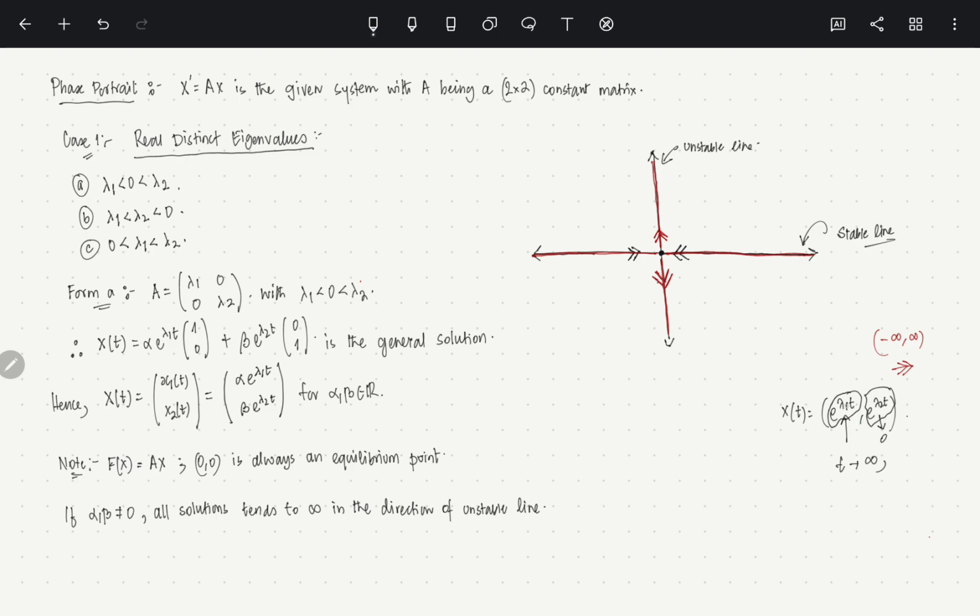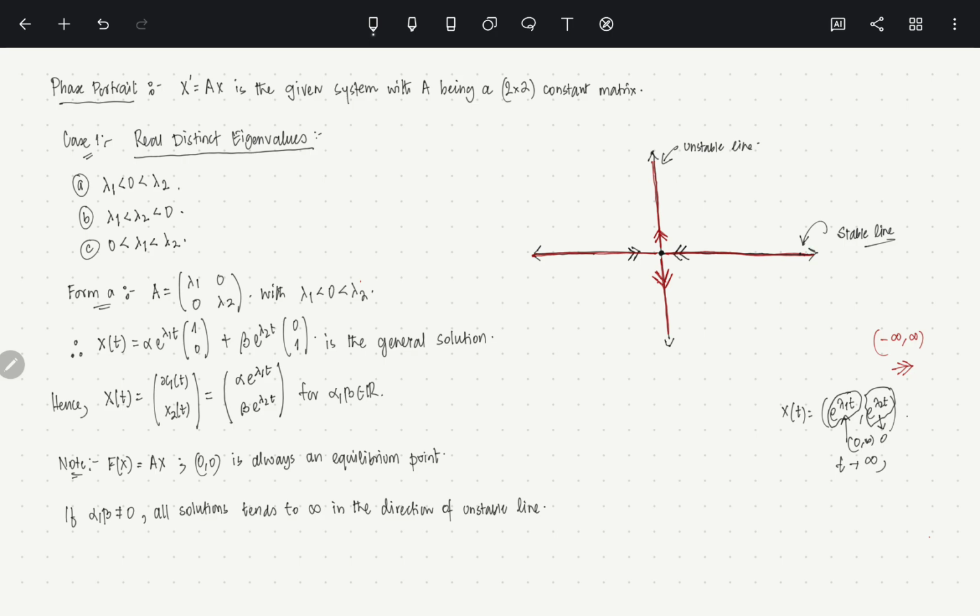This is minus, so this is going towards 0 infinity kind of thing, right? As t tends to, you understand? So basically it is converging towards this line, stable line. You understand? Okay, so what is happening is this: for a large enough t, the solutions are starting very close to,